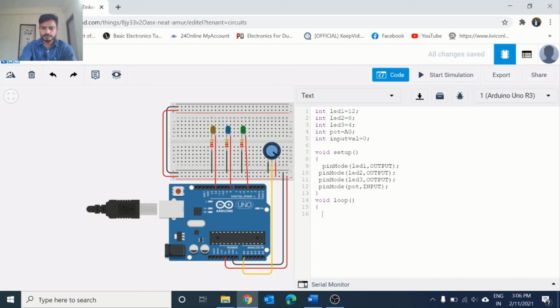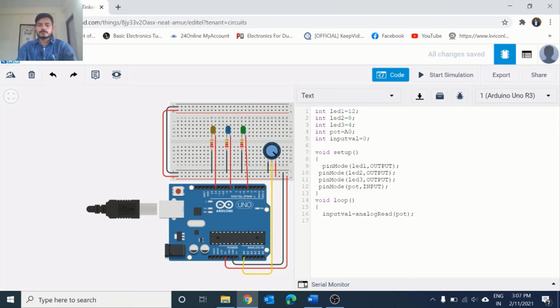So I'll write here the input value variable, which is defined above, equals analogRead, and here I'll write pot. Semicolon.